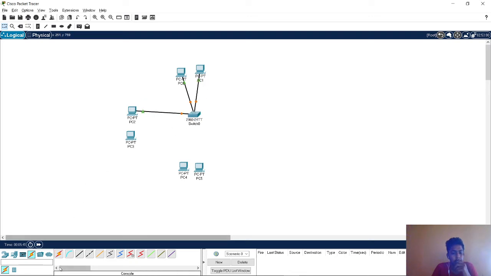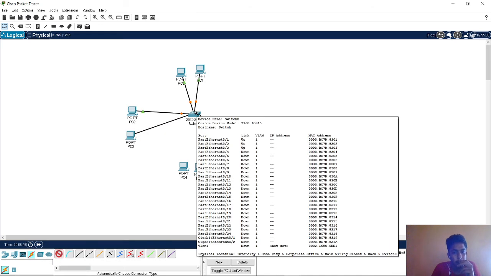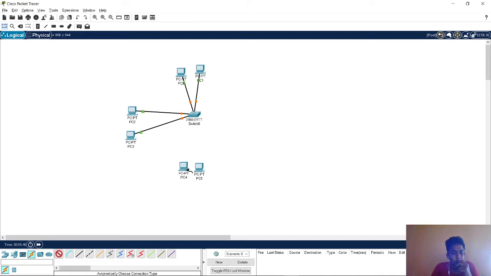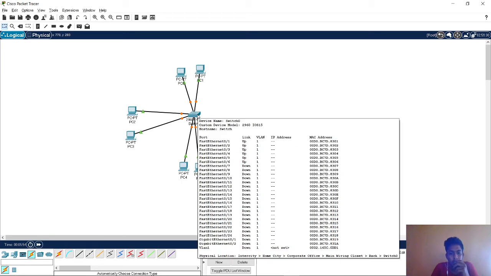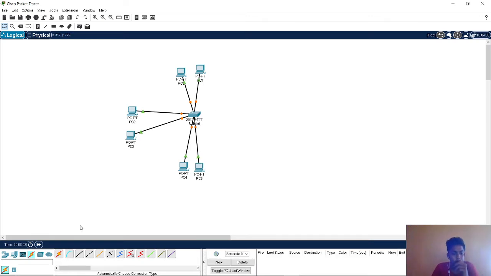It will be allocated line by line, the port configuration will be assigned line by line, then 4 and then 5. So if you see here, Ethernet ports 0/1, 2, 3, 4, 5, 6 have been allotted to the 6 PCs, and we need to create a VLAN here.